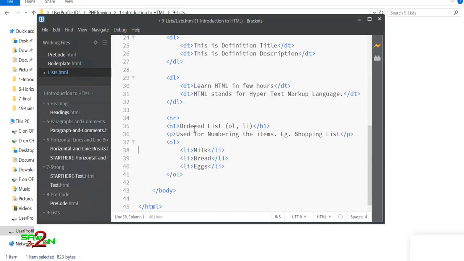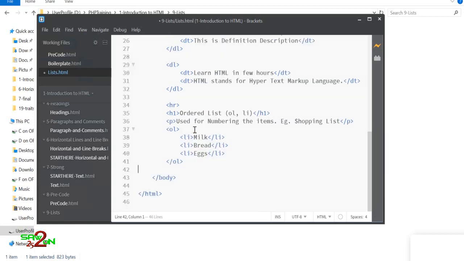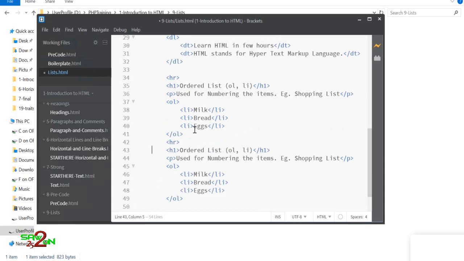Similarly, you can add an HR, and then you can add the unordered list. Okay, unordered list starts with UL and is used for bullet items, bullet points.